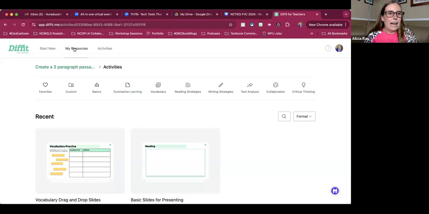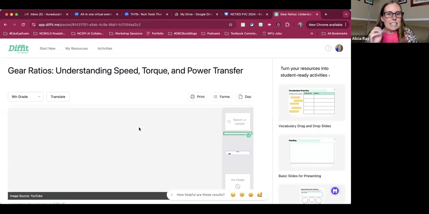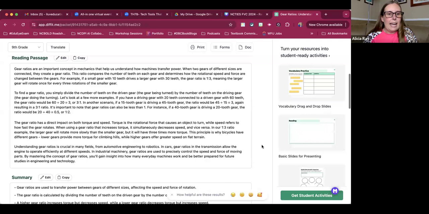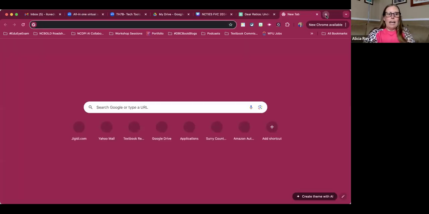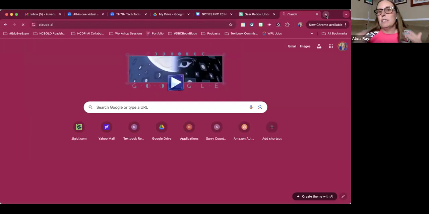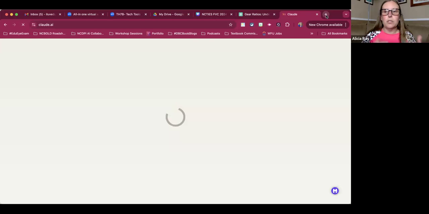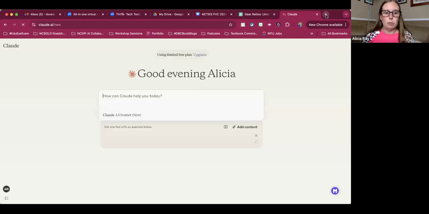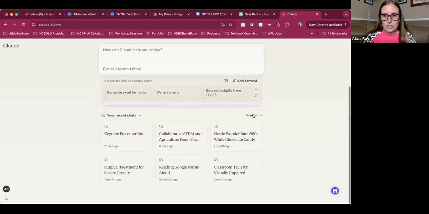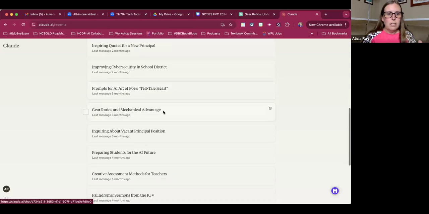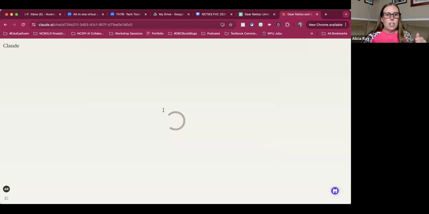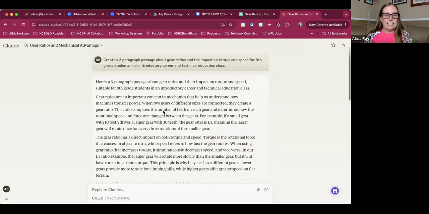When I go into Claude and I ask it to do this, I give it the exact same prompt. And I'm already getting more details. And actually, you can talk back to that prompt and say, you know, hey, this isn't robust enough for me. This isn't enough. I need more examples of gear ratios for my students to be able to understand it. So you're going to be able to see this. Let's see. I'm telling y'all, I use this all the time. Here we go. Gear ratios and mechanical advantage. So I literally just asked it to do the exact same thing that I put into Diffit.